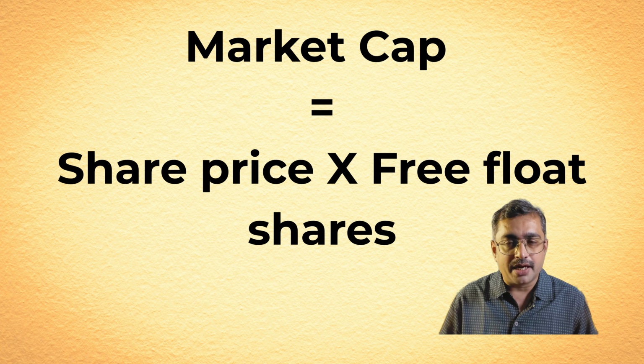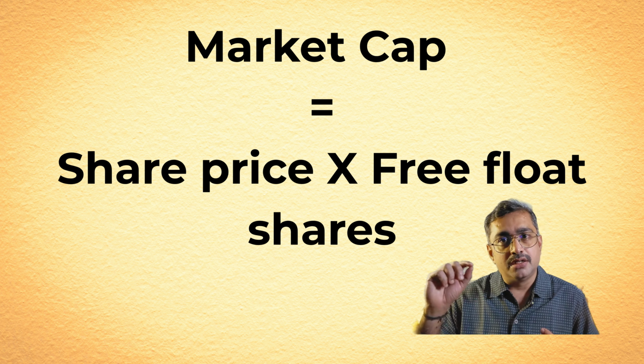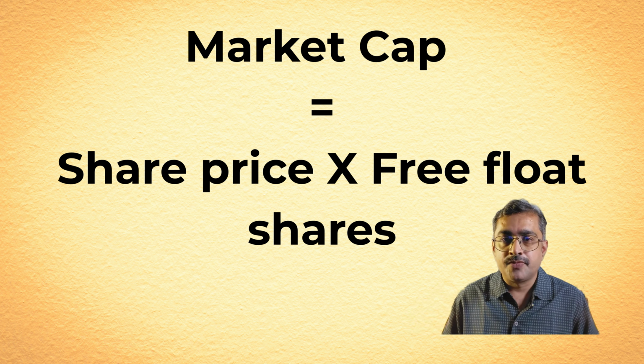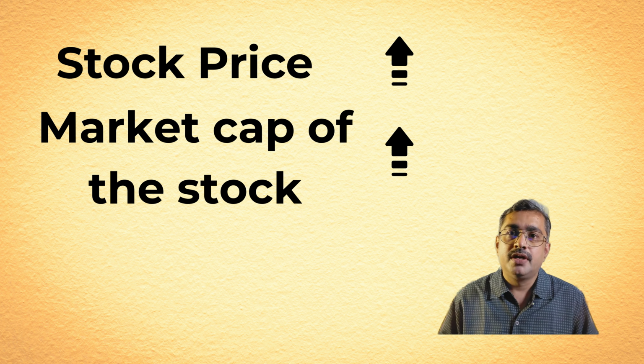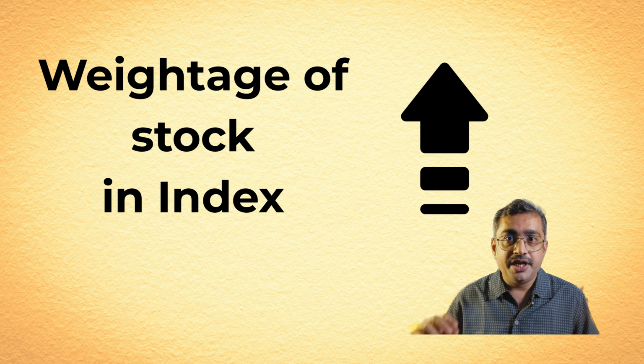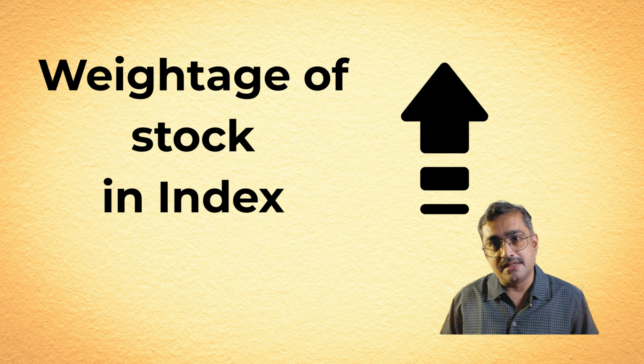The weight of a stock in the index is directly proportional to its market cap. And what is market cap? Market cap is nothing but the share price multiplied by the free float shares available in the market. So what happens when the stock price goes up? Its market cap goes up and the weightage of that particular stock in the index goes up at the next rebalancing. So in simple terms, expensive stocks or high priced stocks tend to have greater weightage in the market weighted